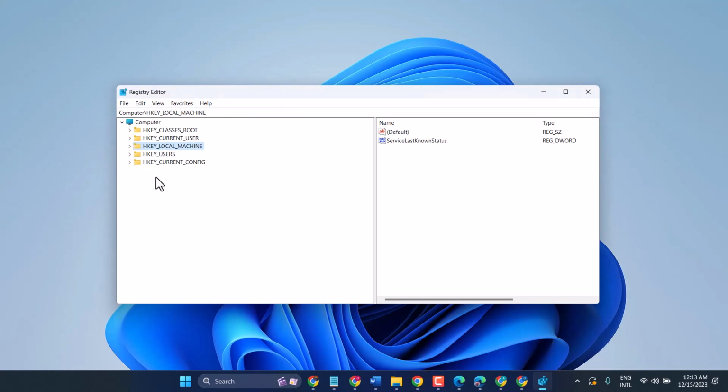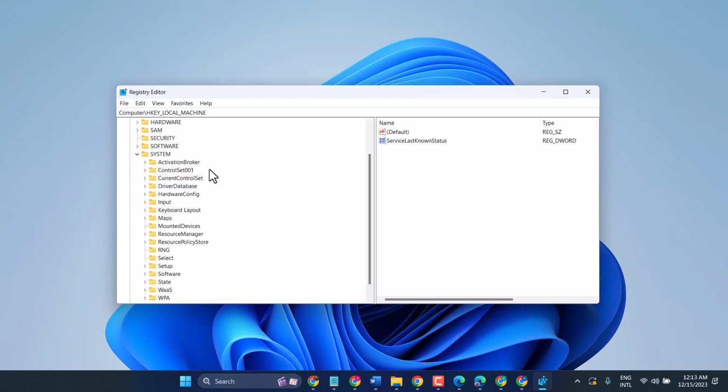Now here expand HKEY_LOCAL_MACHINE and expand SOFTWARE, SYSTEM, and here you need to expand CurrentControlSet, then double click on Control,